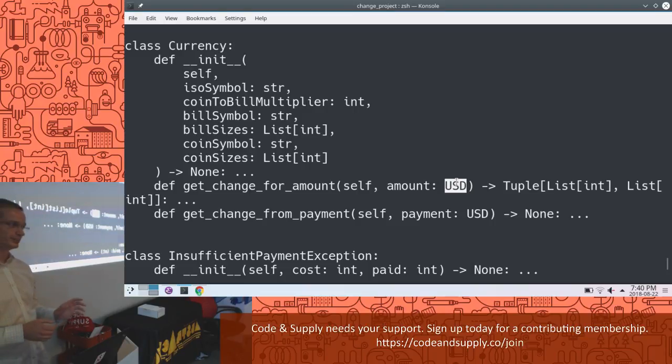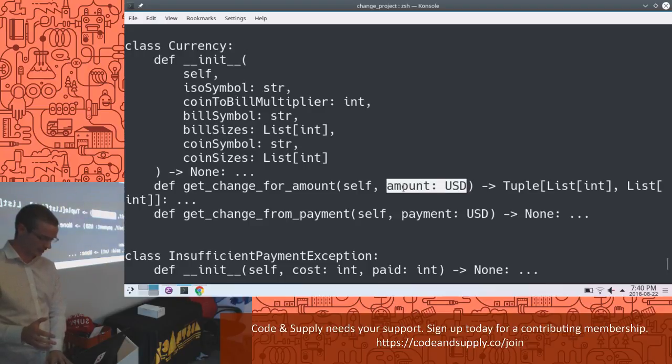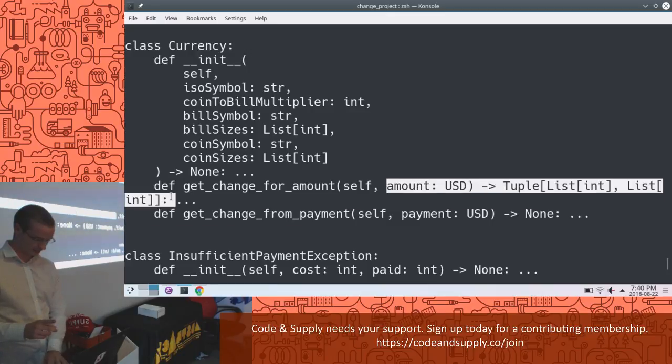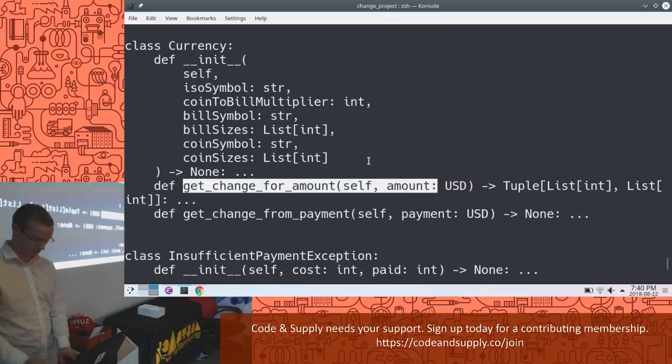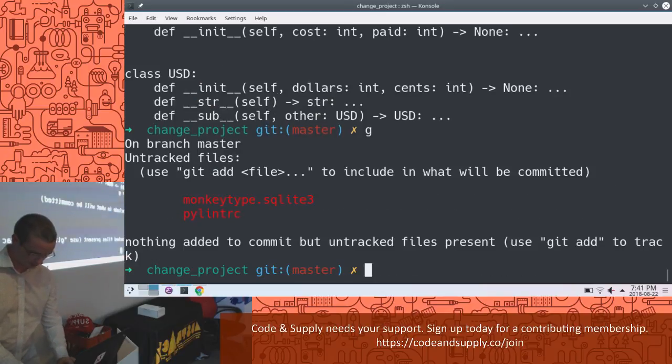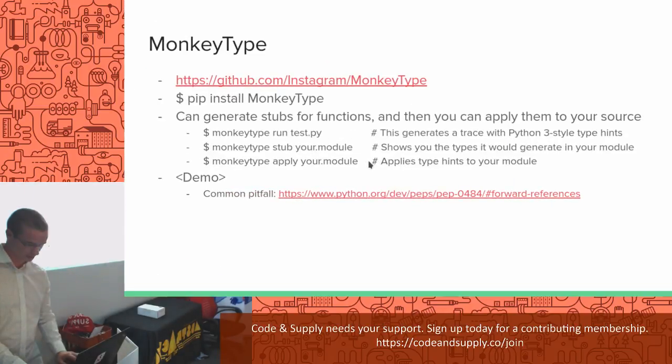So this is one quick gotcha that you'll get if you try to run Python 3 type annotation generators. They don't really know what you're doing. So they're guessing. They're giving it their best guess. This is not what should be here, right? This function should know nothing about USD ever. So real fast, let me try to fix that. So a quick fix is going to be,